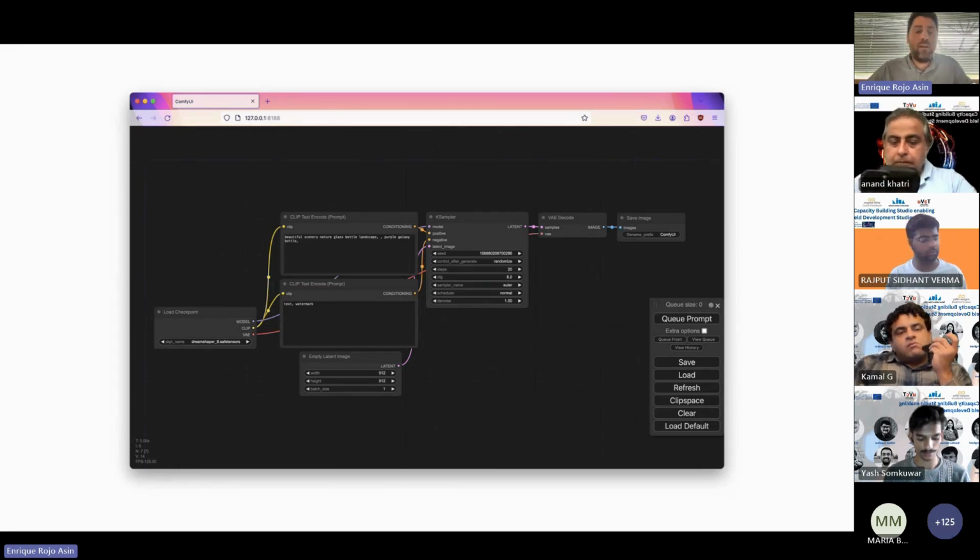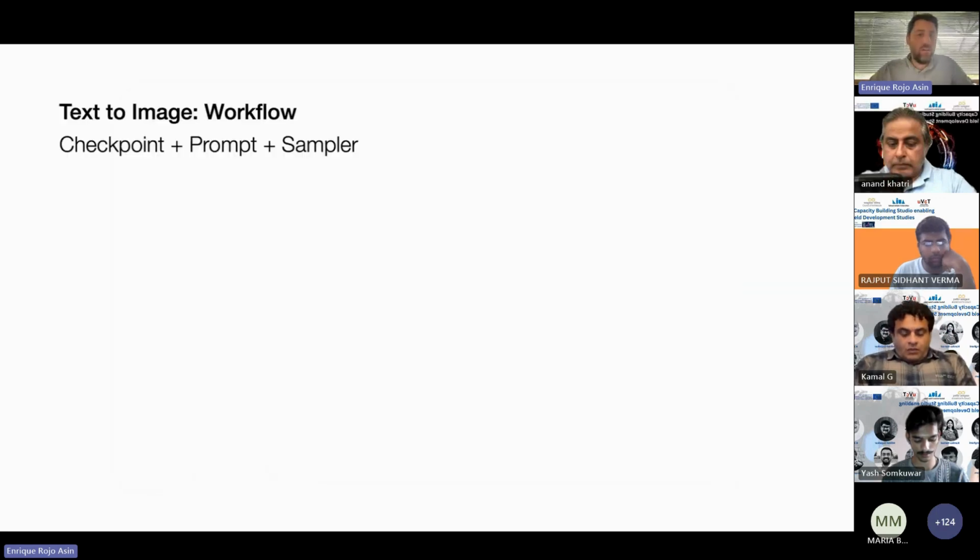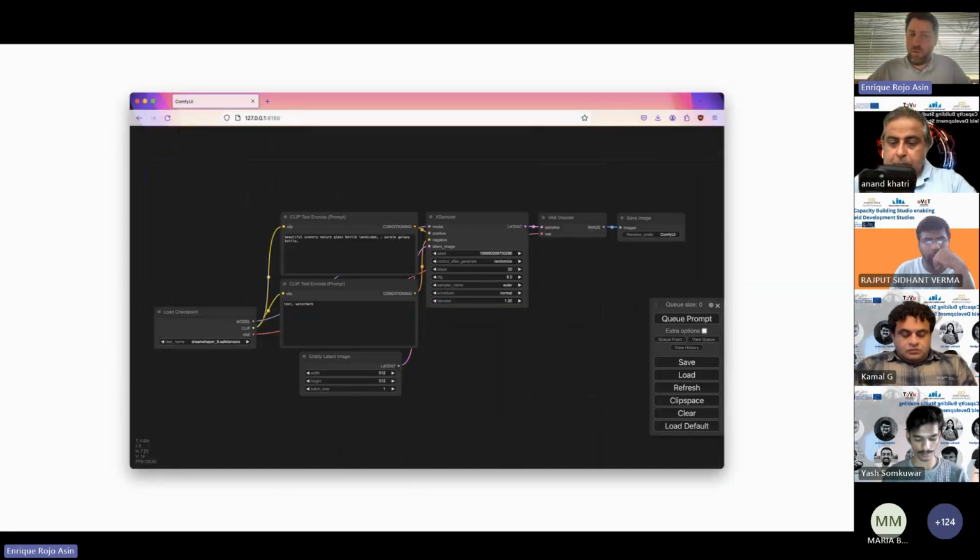As you see here, you can have a positive conditioning or a negative conditioning, then you need a sampler who denoises all the data, and then you obtain the image. So this workflow, which seems quite basic, is what lies behind when you use, for example, Midjourney or DALL-E. Although you don't see these connecting dots, because it's a friendly user interface, so everyone can use it. But this is what lies behind, and this is important to have in mind, okay? Because it will get more complex when we advance.